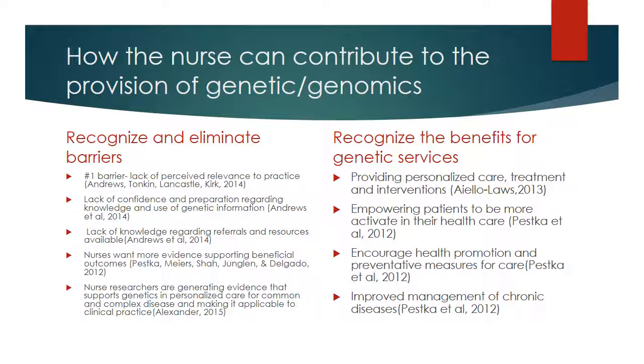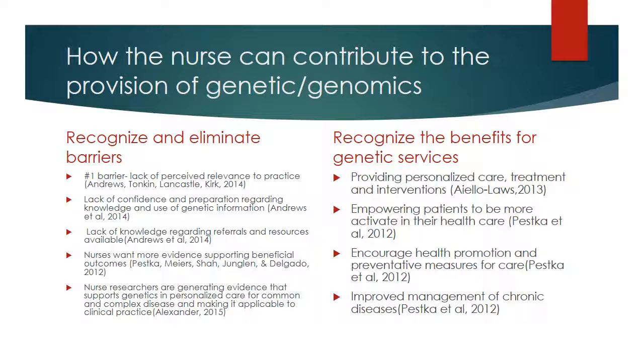If nurses don't understand or see this information that's provided by genetics played out in practice, they'll be less likely to engage with this information. Family pedigrees were thought to be useful way back in 1962 for managing chronic diseases and educating and making referrals to other healthcare providers. So understanding that this is useful in practice will also help push this agenda forward. One of the eliminators is that there are nursing researchers. They are generating evidence that supports genetics and personalized care for common and complex diseases and making it applicable to